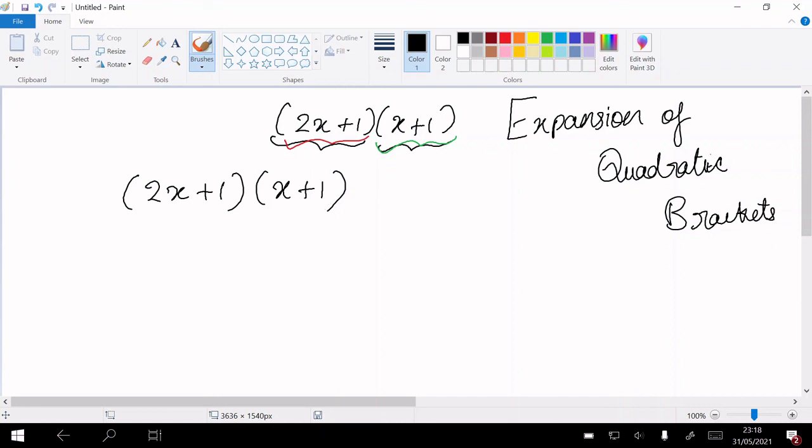So let me quickly go through this. What you do in this is select the first term in the first bracket, multiply by the first term in the second bracket, which is 2x times x, 2x squared. Then once again select the first term in the first bracket, multiply by the second term, which is plus 2x. Then